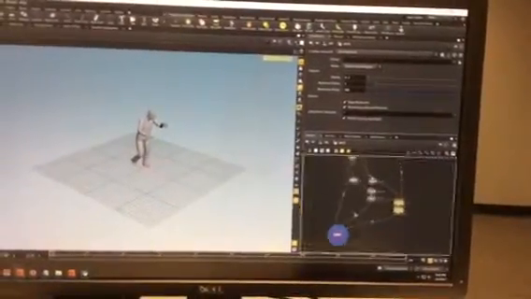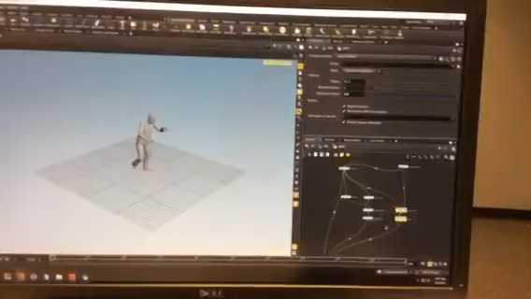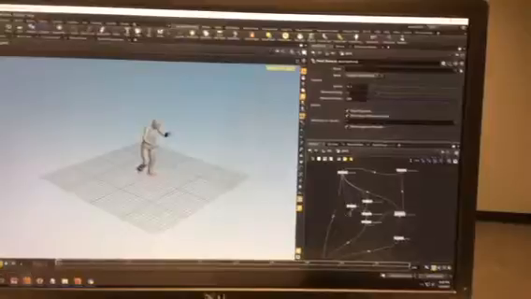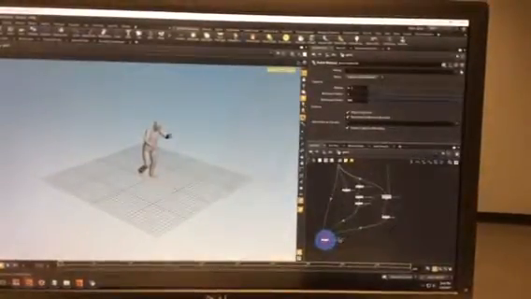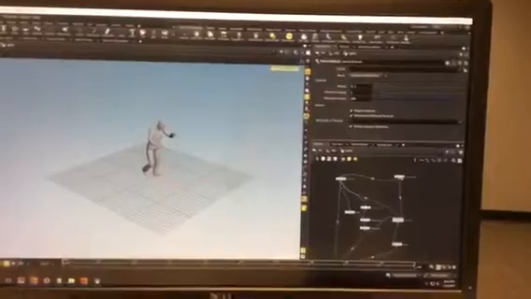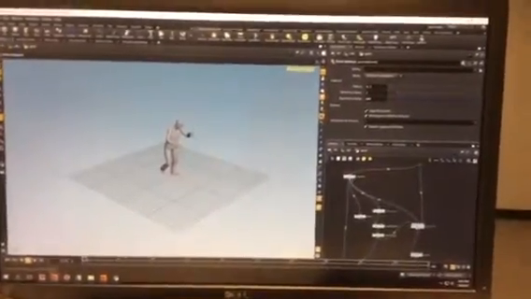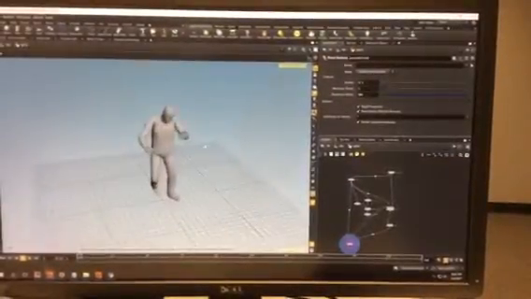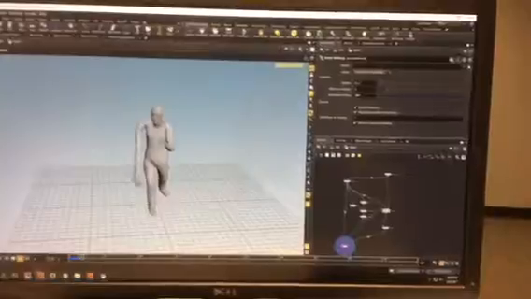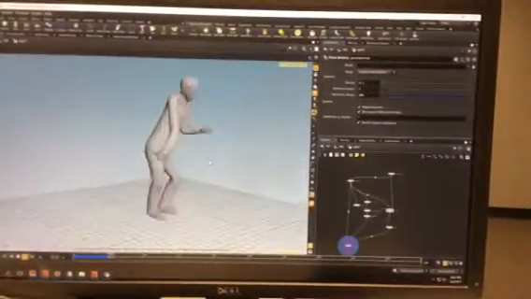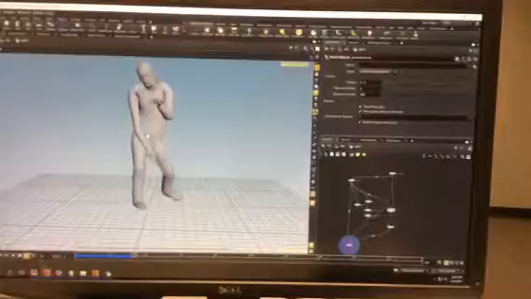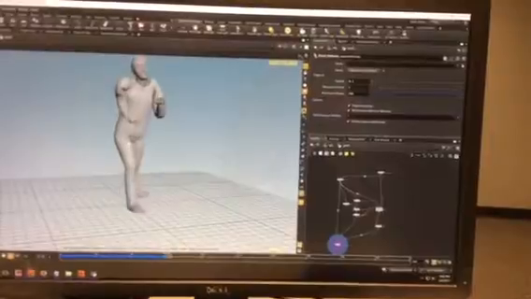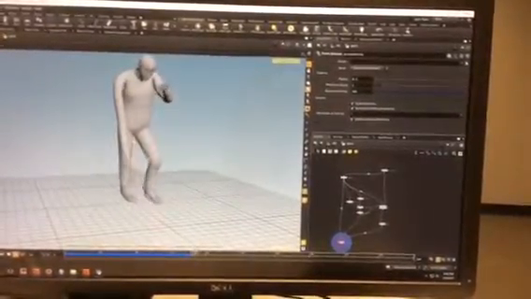When I'm building these things, I'm always looking for the best way to lay them out or arrange them. Sometimes you're working quickly and there isn't time, or you have a really weird setup with no good way to lay it out, but if I can, I'll find a good way. If I play the simulation now, you can see his hand is picking up that wacky motion. He's doing a Michael Jackson,